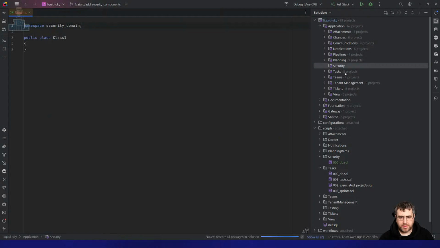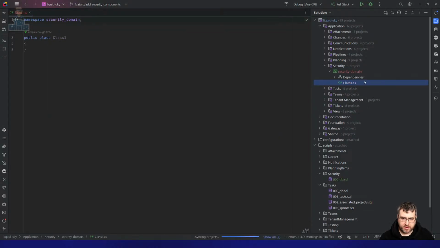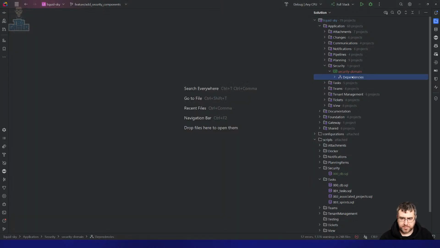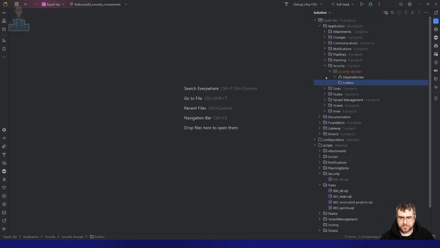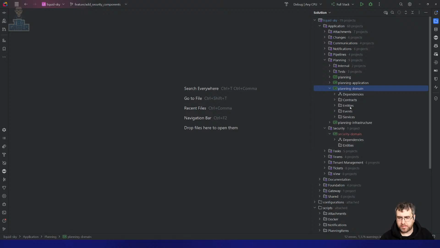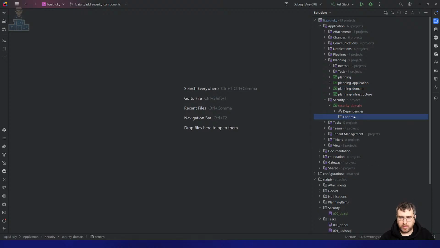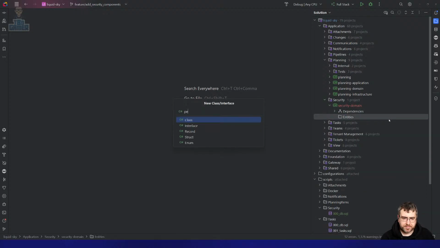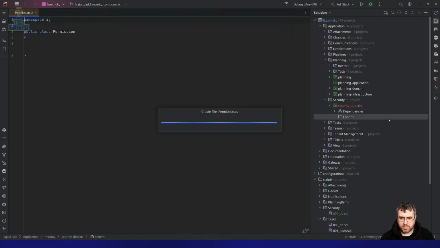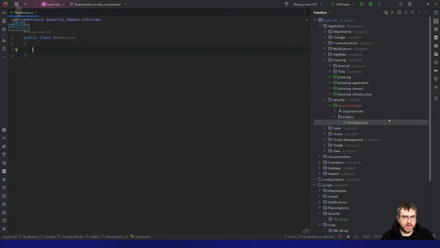And the reason I want to do the domain piece specifically here is entities, right? That's how we build one of these. We need an entity. So we need a permission, right? And a permission is public int ID. It is